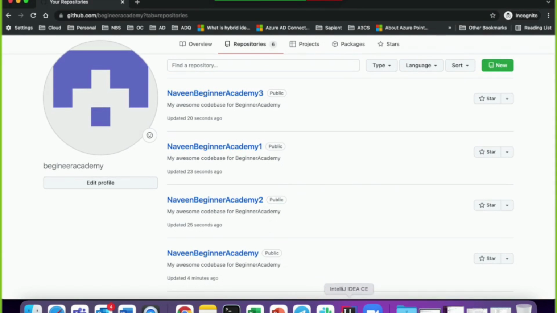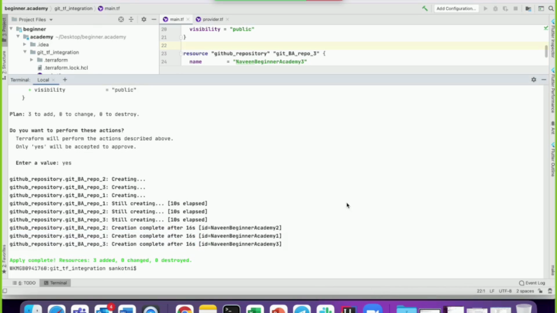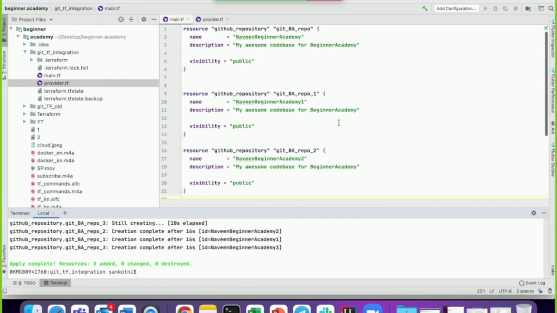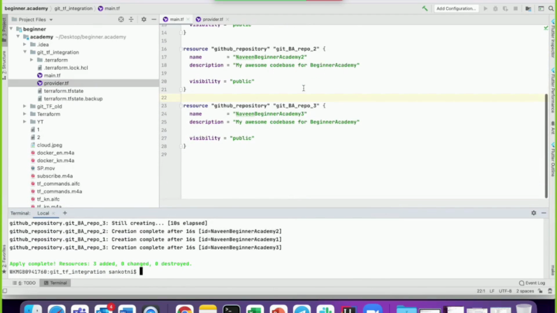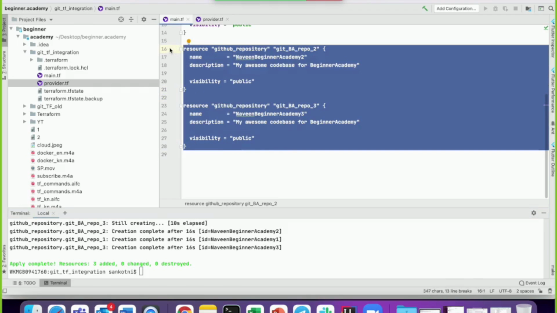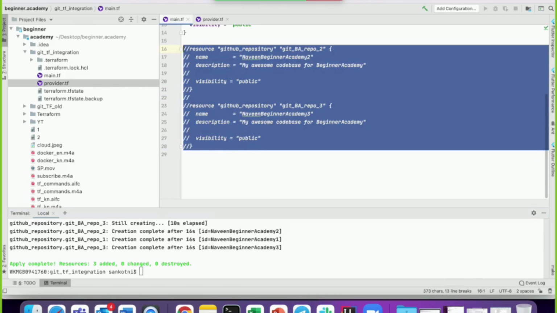Okay, so now think that tomorrow they don't want the second and third, right? So they have to be deleted, they're not used. So what we would be doing is just comment it out.